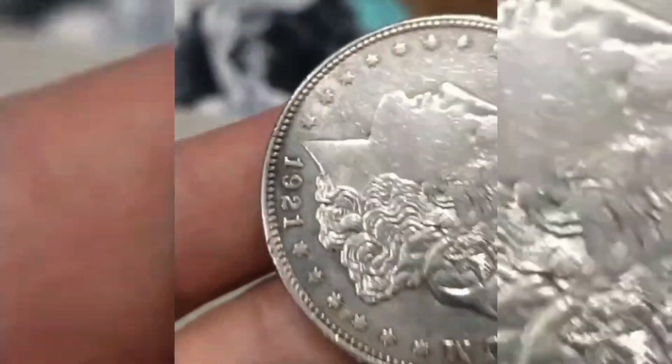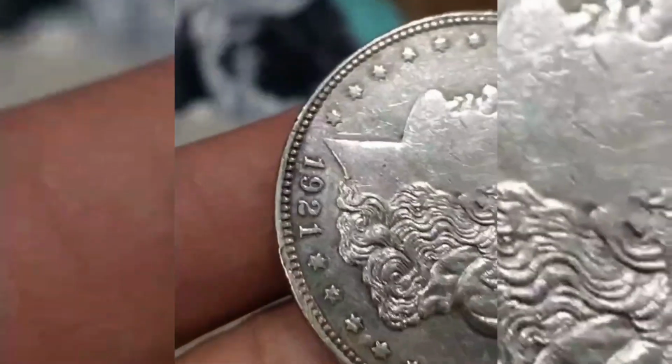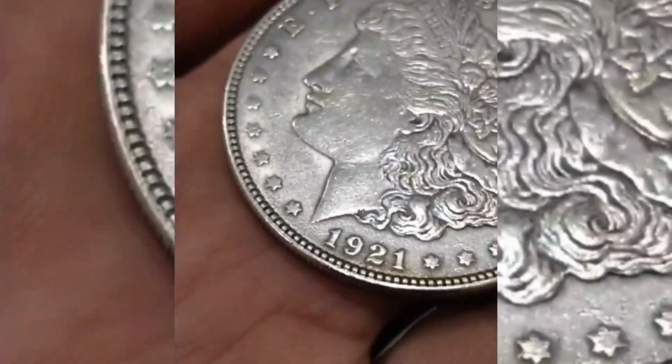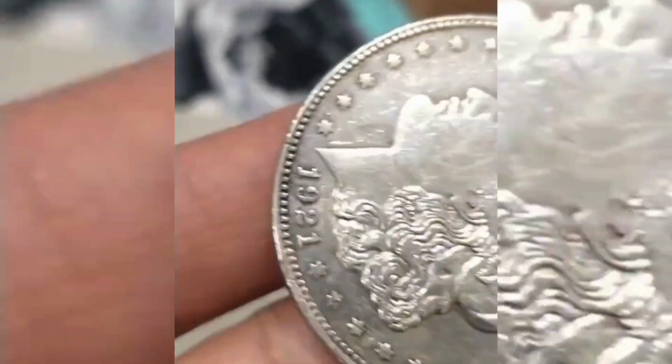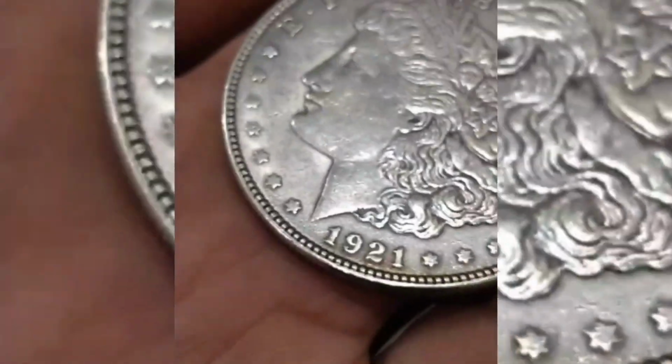And as for its valuation, the $10 million price tag was not arbitrarily set but reached through a high-stakes private auction involving multiple wealthy bidders, including museums, private investors, and international numismatic foundations, all vying for the chance to own what is now considered one of the most valuable and mysterious coins ever struck by the U.S. Mint. And its current holder, who remains anonymous for security reasons, is said to be insuring the coin for even